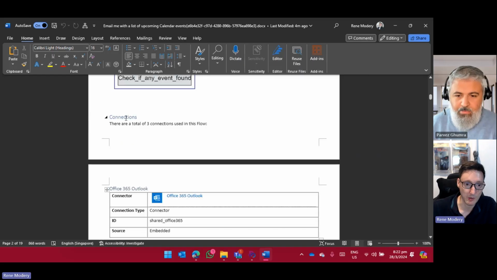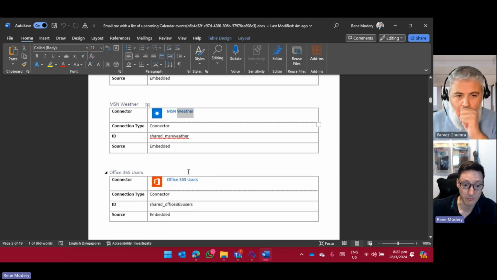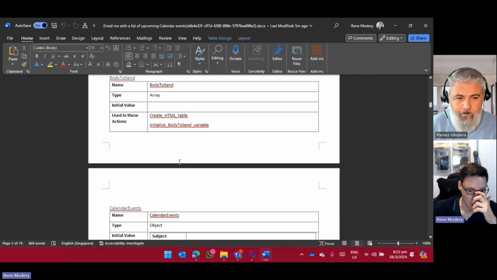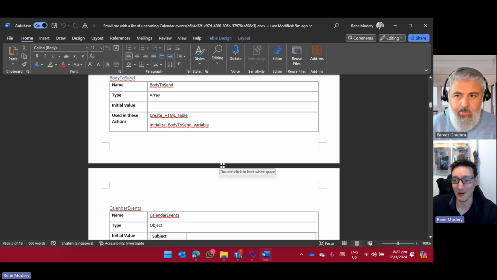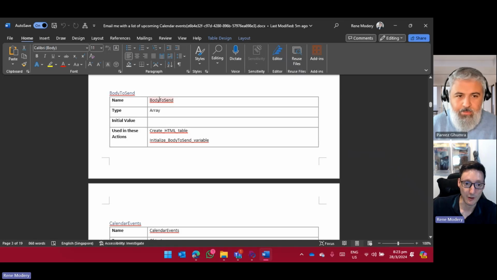Plus then we start talking about, for example, the connections that I use as part of this flow. So I know it's using the Outlook connector, the weather connector, and the users connector. It talks about the variables. So I know, for example, now, oh, this body to send variable is used in these actions, which also makes it very helpful sometimes, because I want to figure out, hey, my flow is quite small here, but sometimes you have these huge flows and you've got a variable you use somewhere inside the flow. This way you can easily say, yes, my body to send variable, for example, is used in 2 different actions, where you see them there,